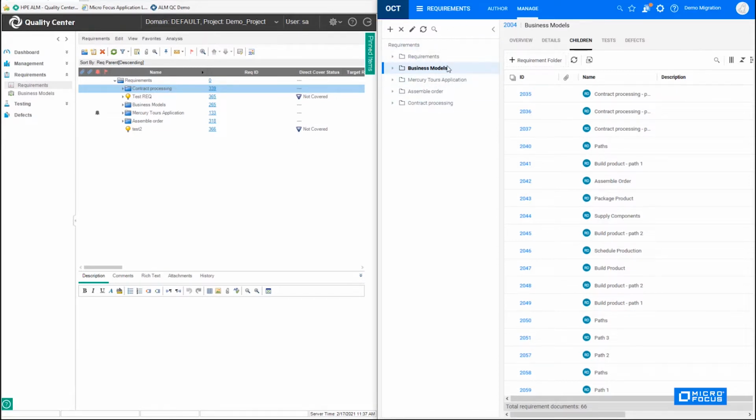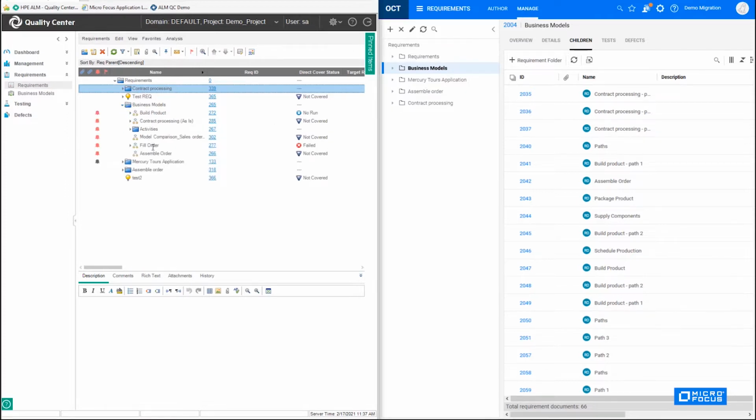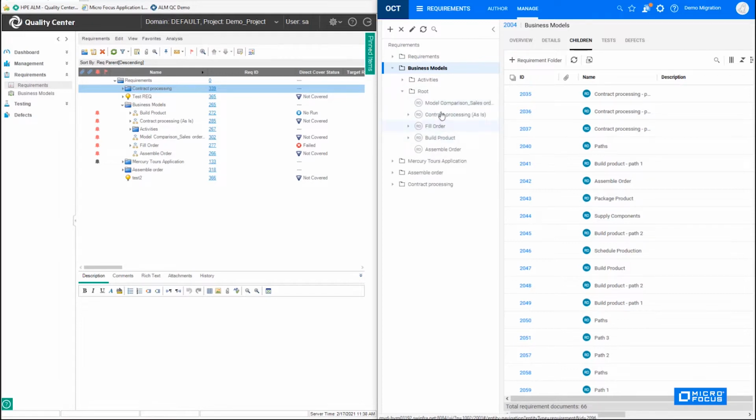So all of the folders from here are also present inside LM Octane, with a small difference. For example, if you go to the business modules folder and we expand it, we can see that in QC we can have requirement documents and requirement folders under the same folder. Well, in Octane, because we only have one type of requirement document, that won't be possible. And what the migration tool will do in this case is create automatically an extra requirement folder called root,